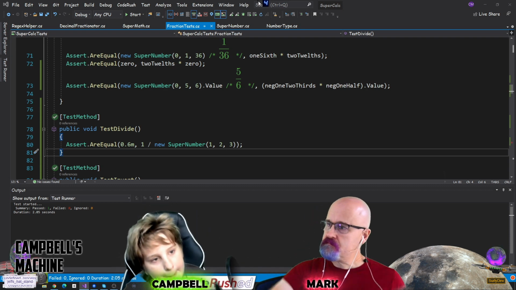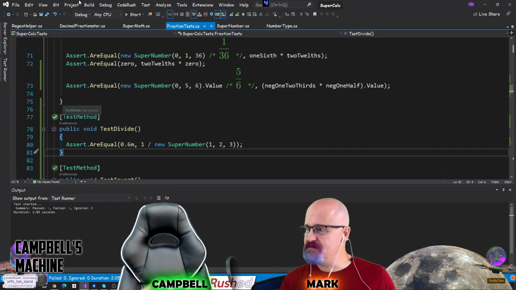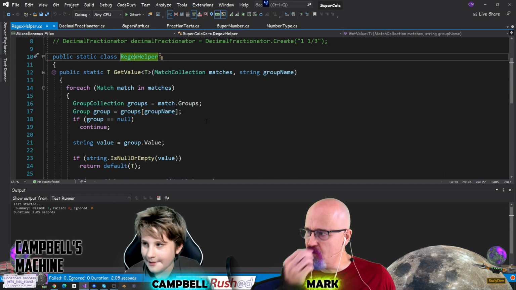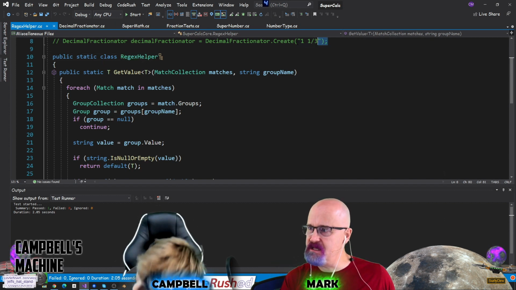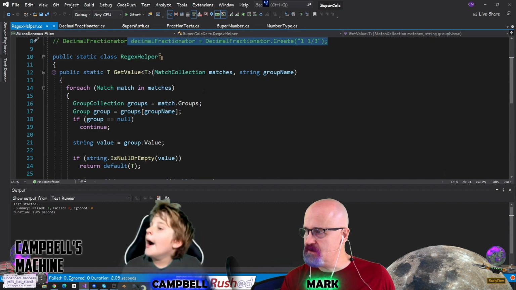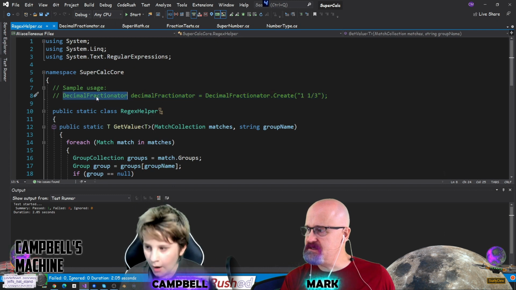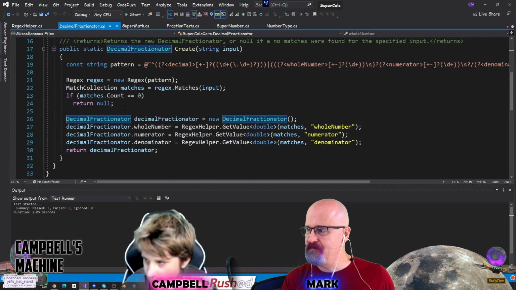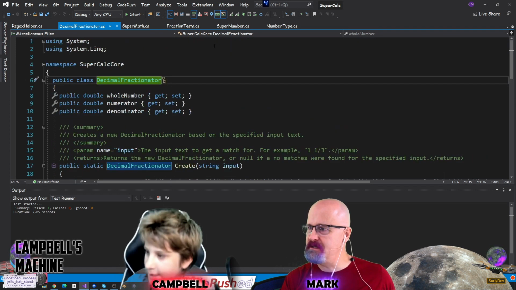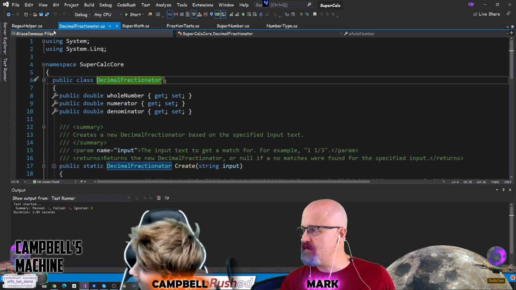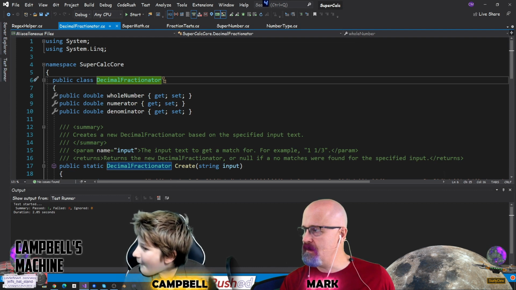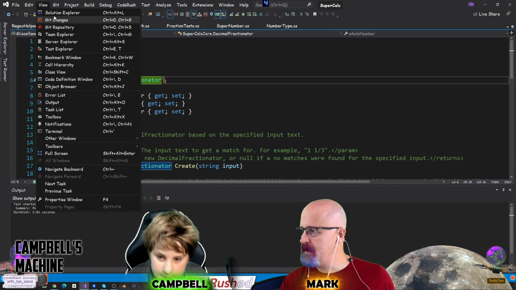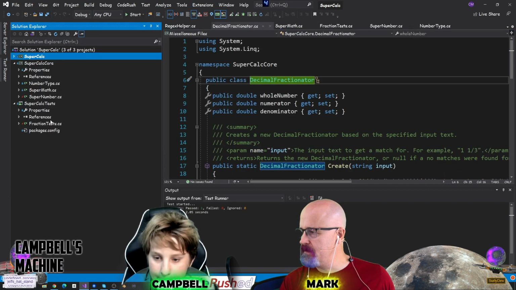Well, we still don't. We've got loads of test cases, but we still don't have a way to type these in. Exactly. We built our regex helper here to be able to take these and turn them into, you get this decimal fractionator, which has got these values in. So what we could do is we could probably very quickly go into our, let's go find the Solution Explorer here and bring up,